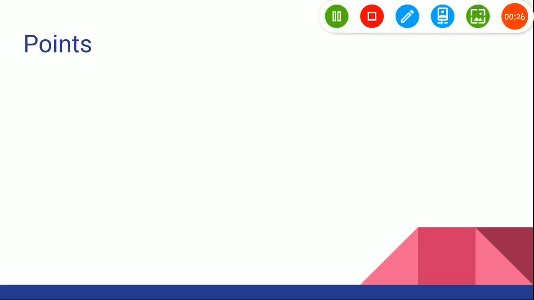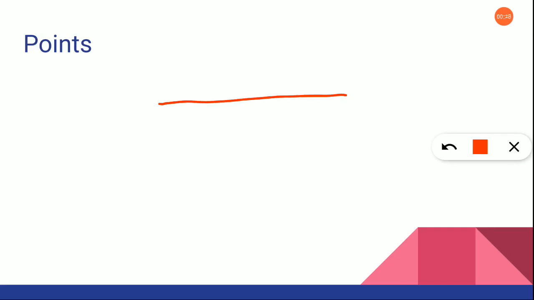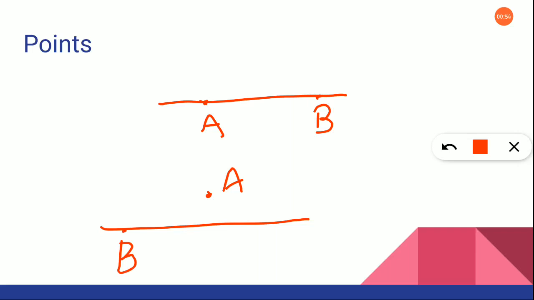What is a point? There is a line and we keep a dot on it and write it as A and B or any variables, right? So this dot we call a point, that is, the location on the line is called a point. Okay children, and in the same way there can be points that do not touch the line. A point can also be here, and let these be B and C. It is not necessary that a point should always lie on a line. It can be anywhere and you mark that location.